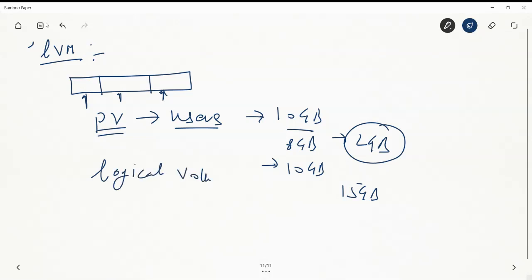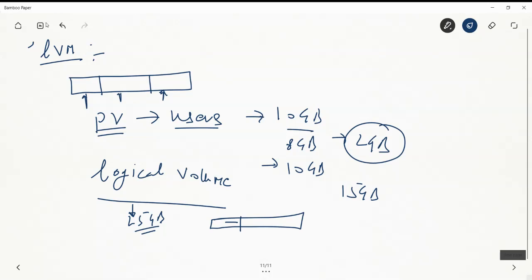What is this logical volume? Suppose Google Drive has given you a space of 25 GB. You're not always using all 25 GB of that space. So a logical volume has been allotted to every user of Google Drive. Similarly, we make a logical volume. An administrator in Linux can make a logical volume which can be extended and shrunk. In this lecture we will see how a logical volume can be made by a Linux administrator using Linux commands.